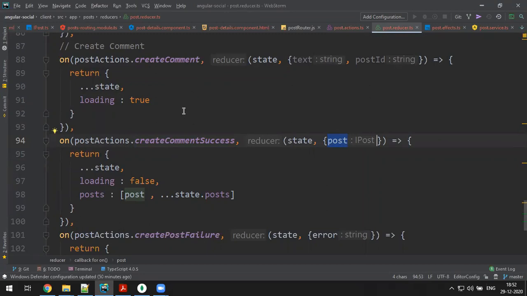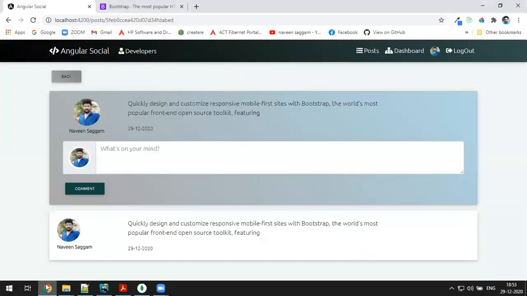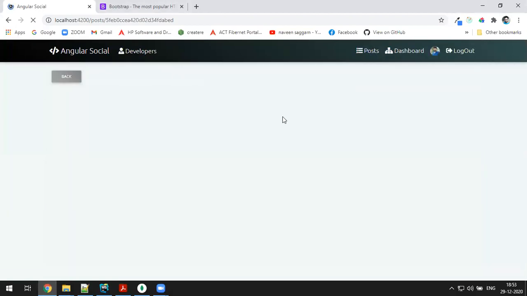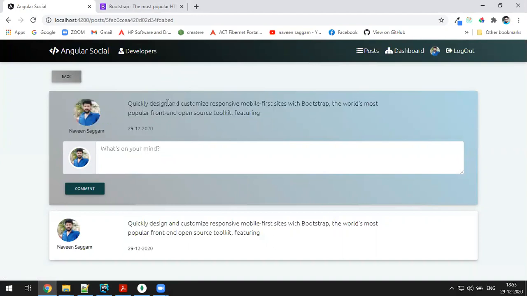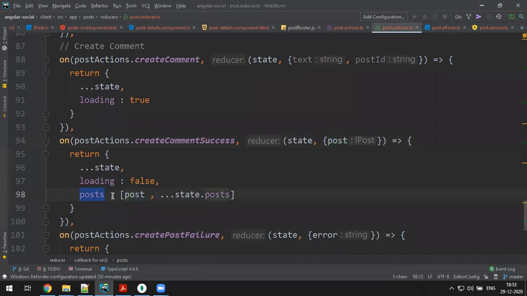Actually, if you add a comment, I get a post. So this is the selected post, na? For the selected post, comments I need to add. So do one thing simply. I don't need all this. I make it like this: selected post will be the post. Anyway, this will contain comments internally. You can loop through already. You will display. Okay, that's better, because the whole post you got, you keep it here.